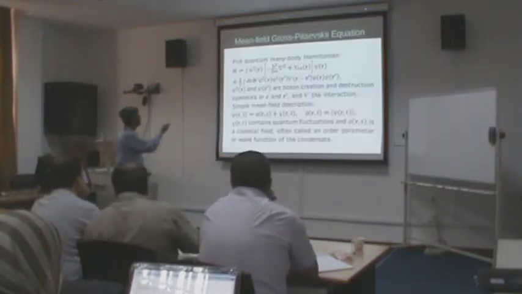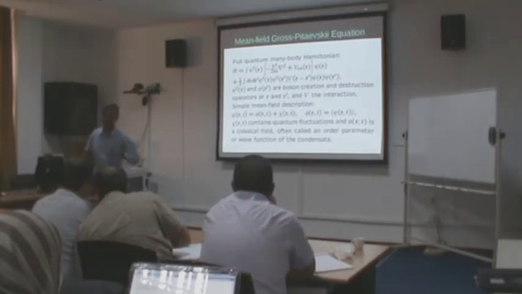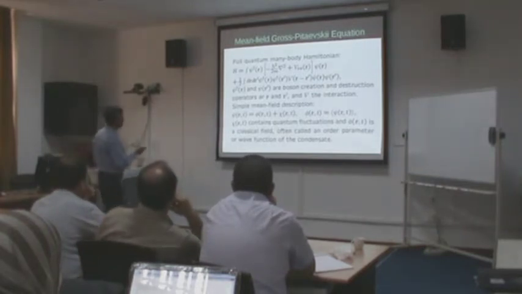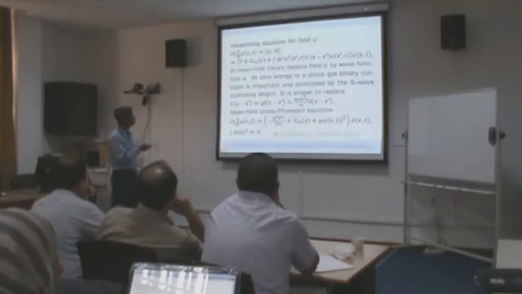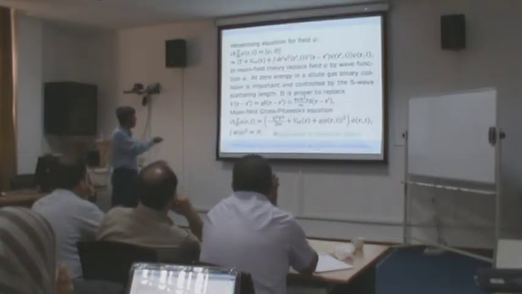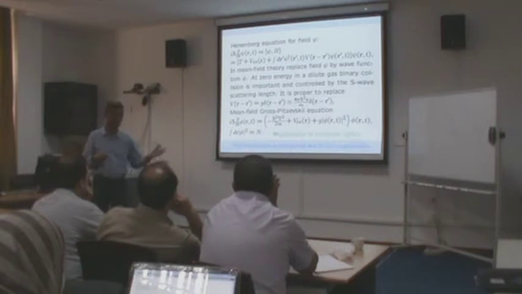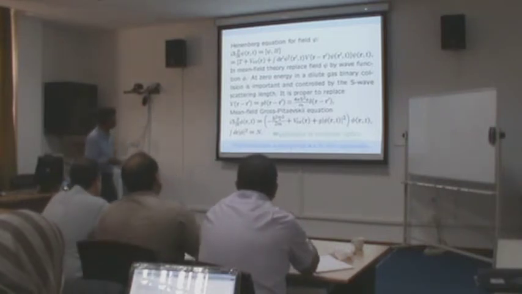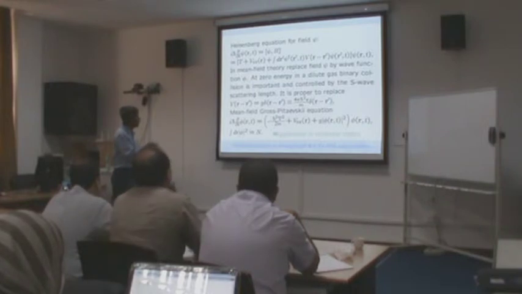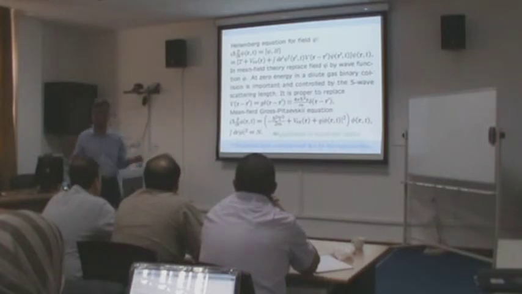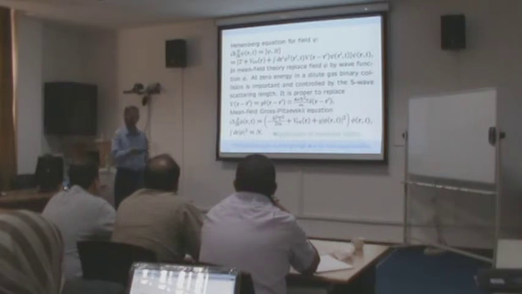So this is the mean field Gross-Pitaevskii equation, which I showed yesterday in the absence of the dipole moments. This is the equation. So you have this kinetic energy, this is the potential, and this is the nonlinear term. And this comes due to interaction between the atoms, which here is only the contact interaction. So this kinetic energy term is against confinement, and this can favor confinement when there is an attractive force.